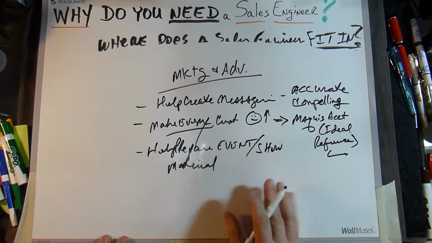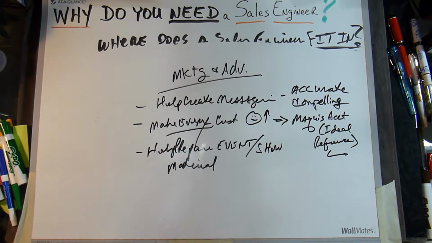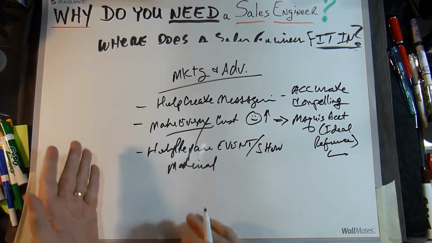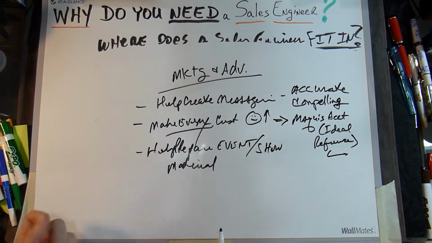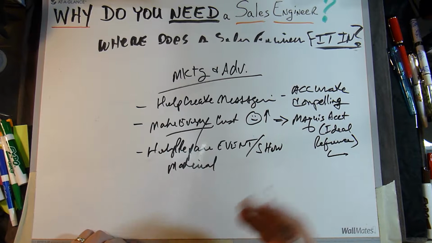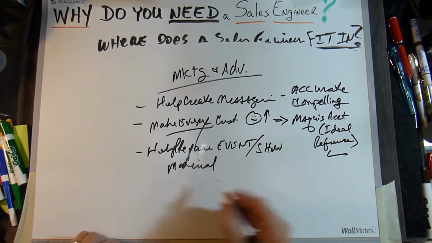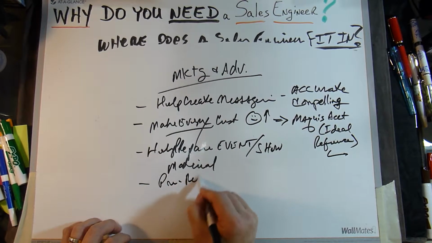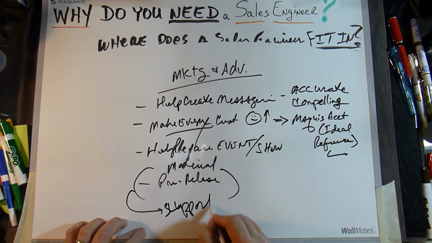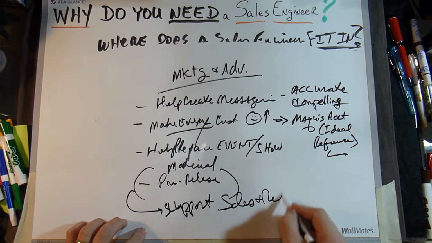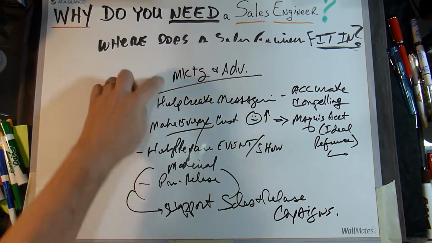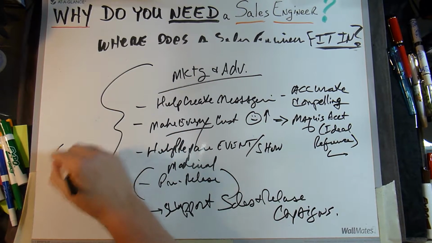A lot of time we can't demonstrate the products. We have to have what's called vaporware, where we show exactly what you would see in certain circumstances, even though it isn't the product running live. Many times we have to run it live, and it ends up being a little more risky. And that's what we do. We do pre-release media for coming releases, and effectively, that means we support the various sales and release campaigns for marketing and advertising. And that's what a sales engineer does there.